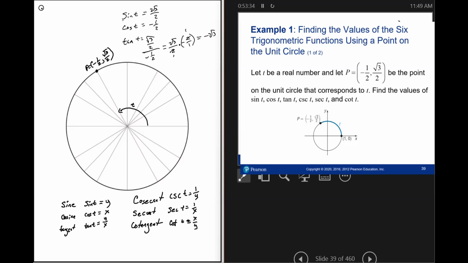Another way of looking at this is to say that this is 1/2 times the square root of 3 being divided by 1/2 times a negative 1. So now I have a 1/2 over a 1/2, which is 1. So that just leaves me the square root of 3 over the negative 1, which is negative square root of 3. Either way,